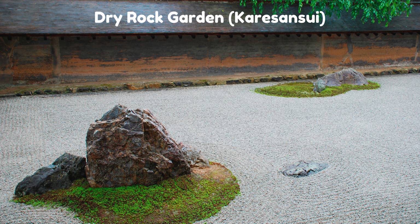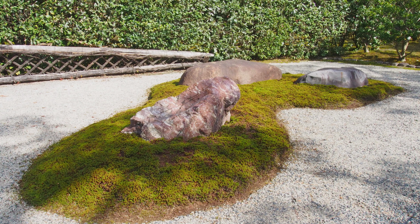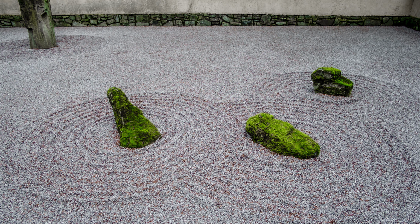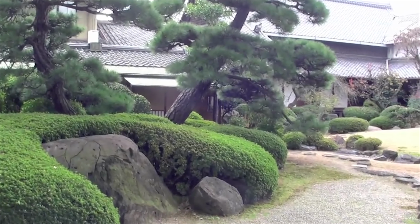The second style of Japanese garden is the rock garden, Karesansui. Karesansui is the term used to describe a dry rock garden, and I really love dry rock gardens. We often lump this category into what we call Zen gardens, but a rock garden is only a Zen garden if it's located at a Zen temple or built with those specific meditative or religious intentions. There are numerous examples of dry rock gardens at Shinto shrines, Shingon Buddhist temples, Pure Land Buddhist temples, museums, parks,